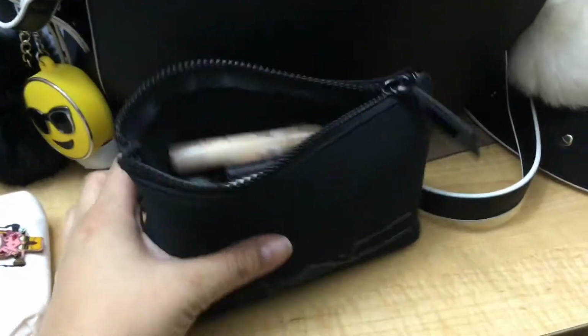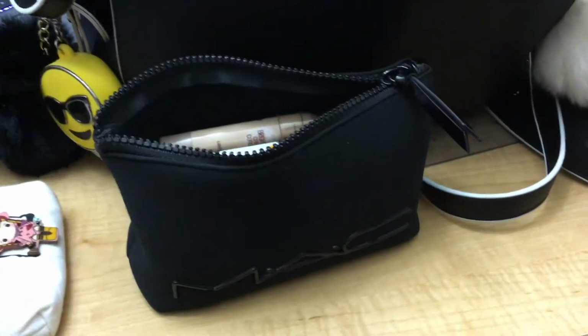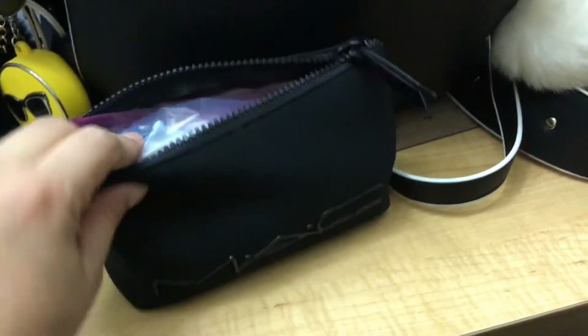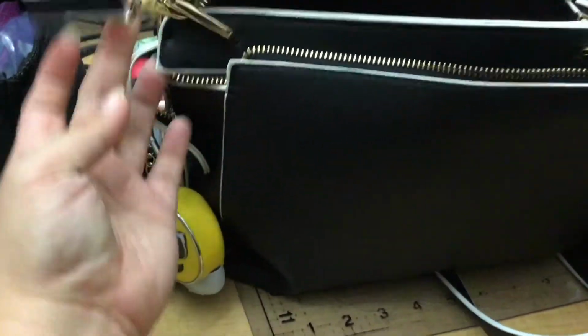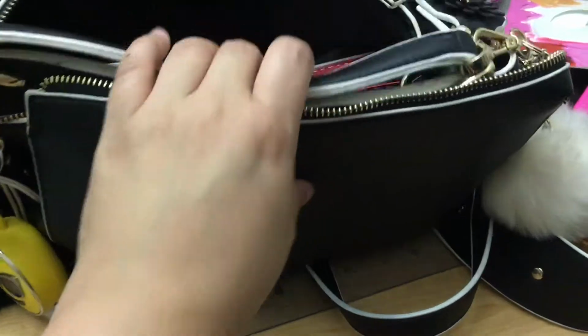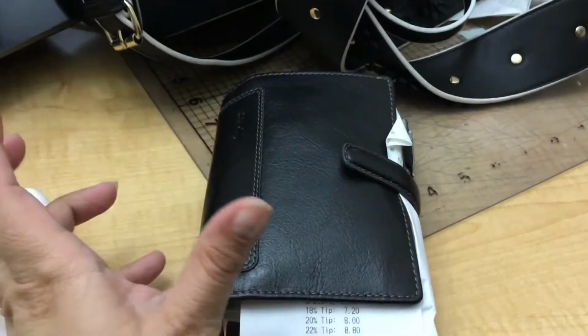Usually I don't carry my makeup bag during the weekend because I carry my crossover. And that's basically the one side of this pocket. So you can tell that a lot fits in there, and you can zipper this up on this side. And then on my other side, I'm literally showing you how I have my bag today, which